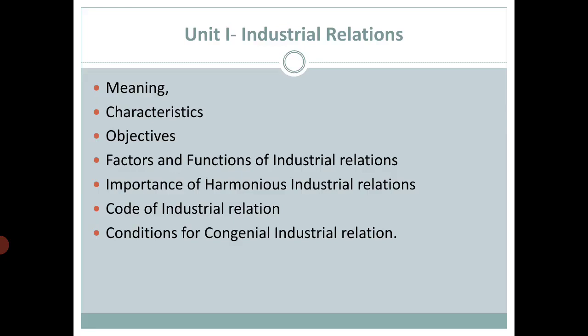The main participants, commonly known as actors of industrial relations, are employers, employees and government. Who are employers? Employers are those people who provide employment opportunities to the employees. An employee is a person who works under you or in your organization. We are aware of government, right? So these are the three major participants or actors of industrial relations.